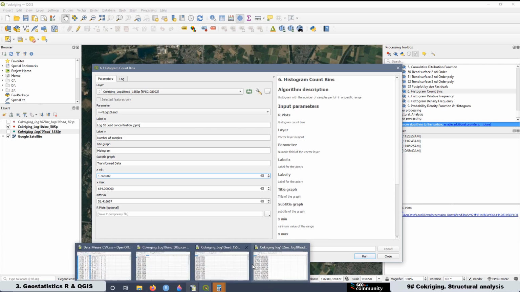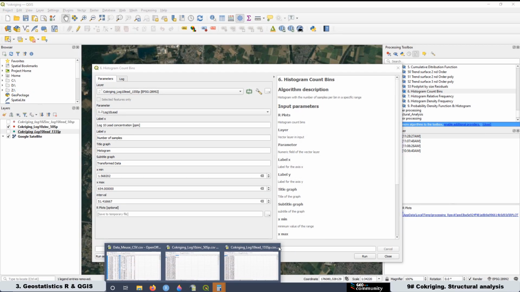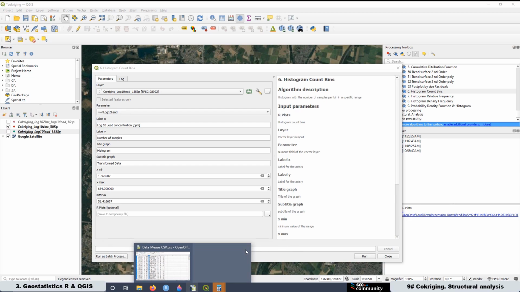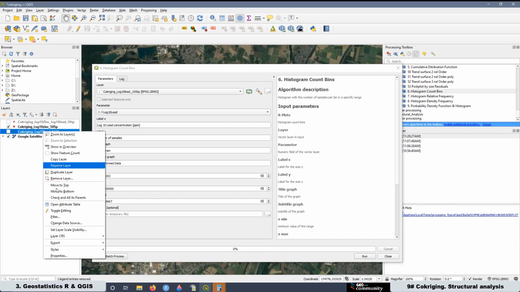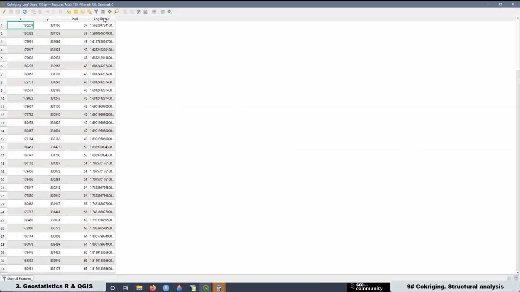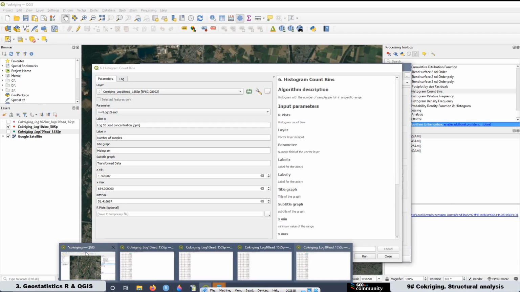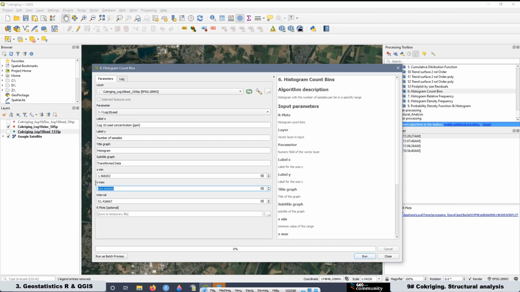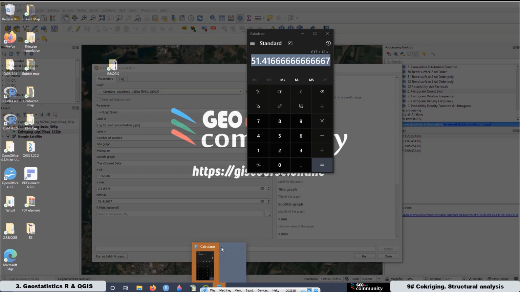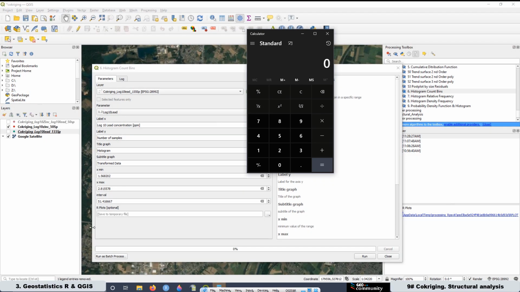And for the maximum, go to the attribute table. I have too many things open here. Open. The maximum value is this one. Copy cell content, go here, paste over here, Control V, and now we have to make the difference with the calculator. Okay, this one, copy the value over here, paste,